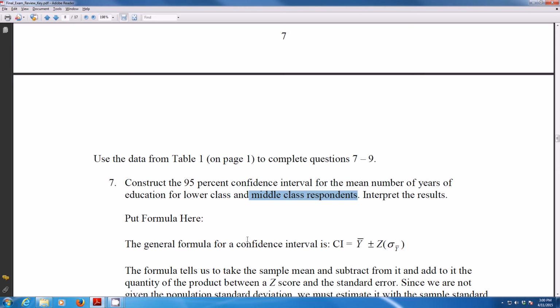And so when we're making a confidence interval, we're going to use this general formula. It tells us that the confidence interval for some level of confidence is equal to the sample mean plus or minus the value of a z-score times the standard error of the mean. So now let's start with